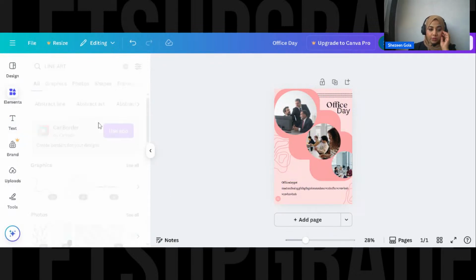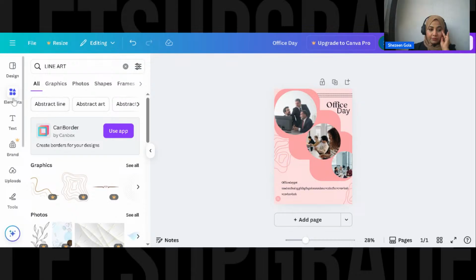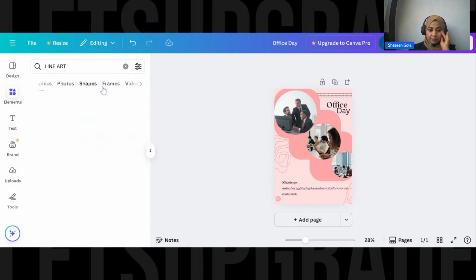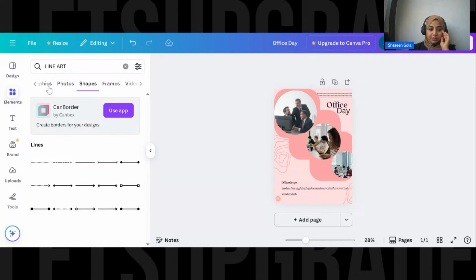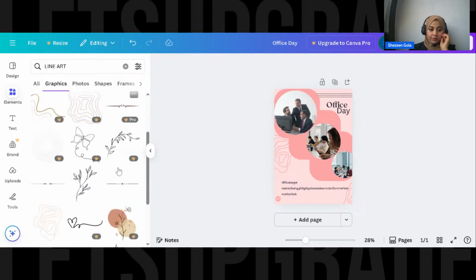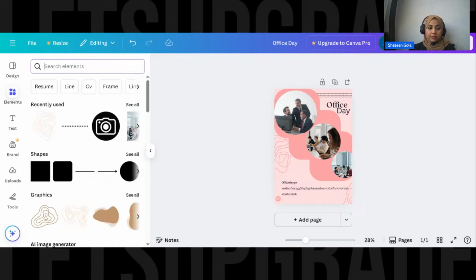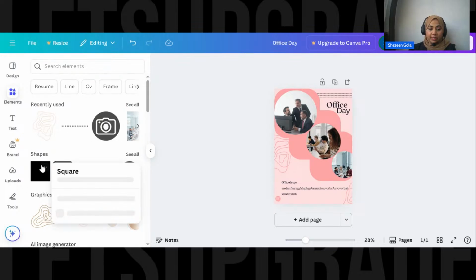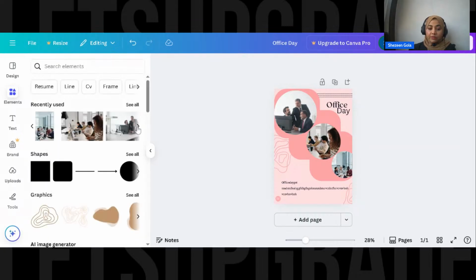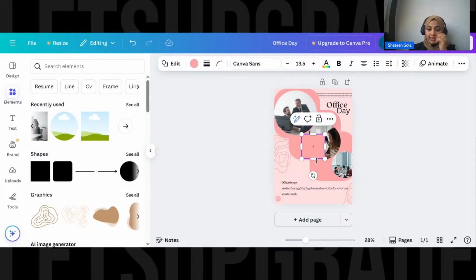What you'll do again, in your elements, you go in shapes. Okay, in shapes or graphics also we can go. Just type square out here, or there are squares available, or previously whatever you've used, you can always find it in recently used, so you don't have to go again and again. And see the color.